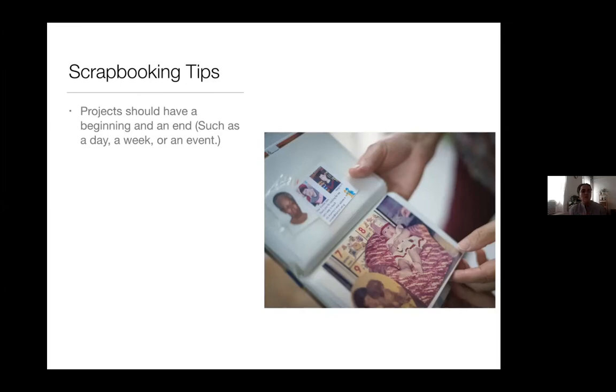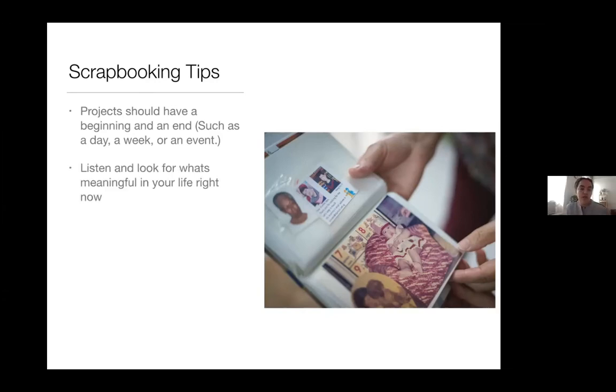Because if you say, I'm just going to start a scrapbook and add to it all the time, you don't have that feeling of really completing something and accomplishing something. And that's especially important for children. They want to feel like they've accomplished something, that they have created a whole work. So really focus on that beginning and that end.